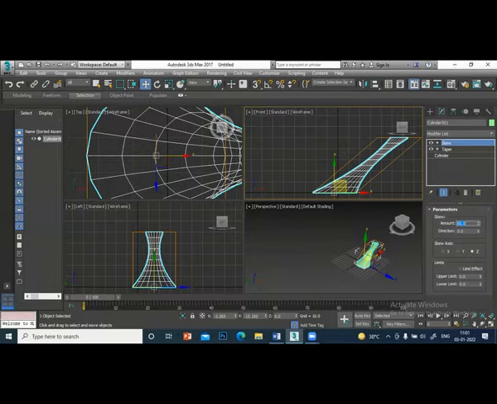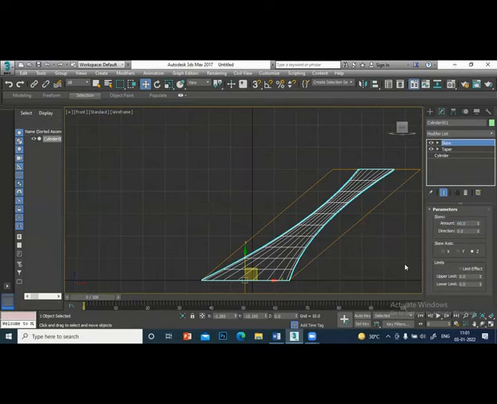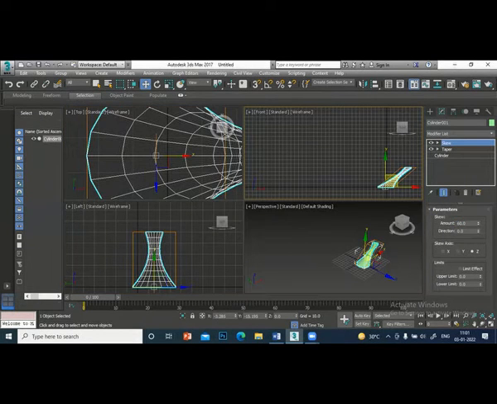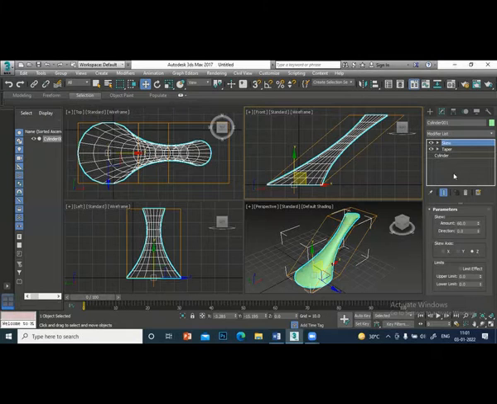And I will give a name for this. The name is given as cylinder now. I will say table bottom. Are you listening? Please listen. After that, you can do it. I have given a name, table bottom.